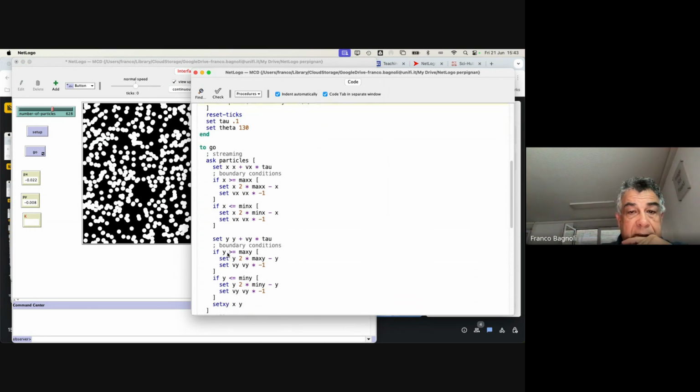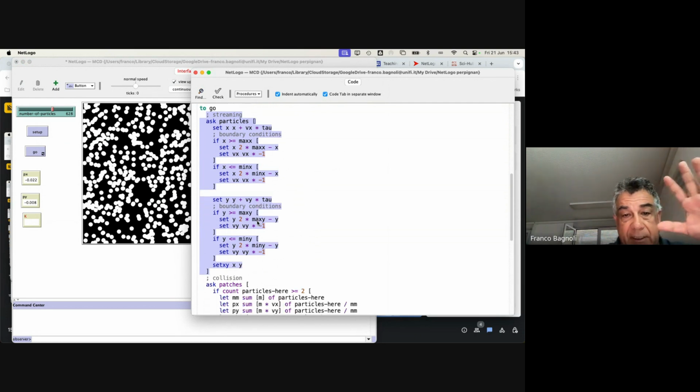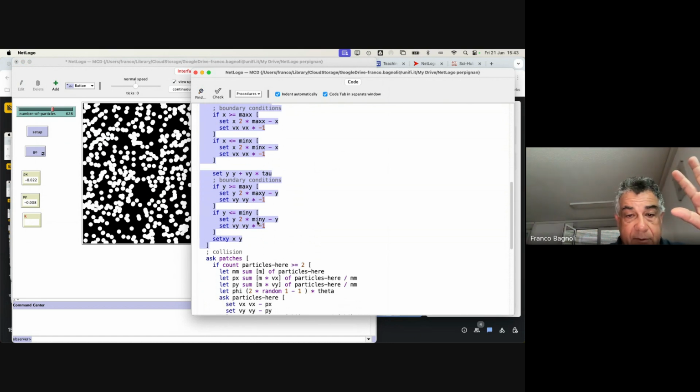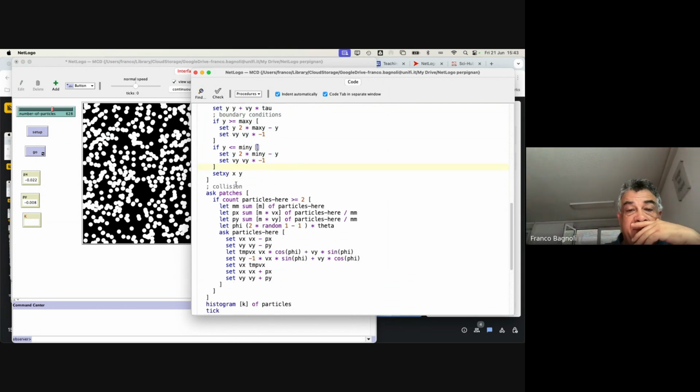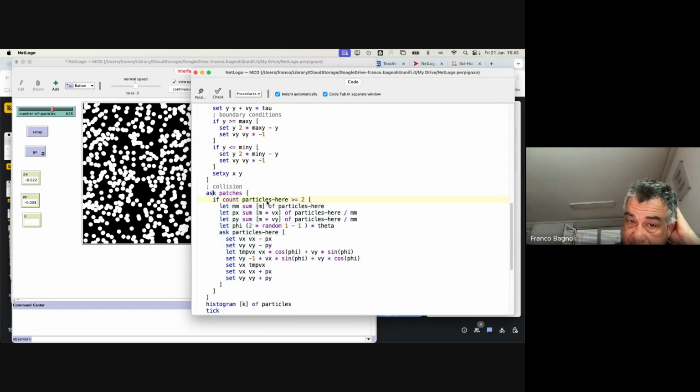Okay, so essentially you let particles advance freely without seeing other particles, and then maybe bounce on the boundary, and then the collisions are performed by patches, and if there are more or equal to 2 particles, then they compute